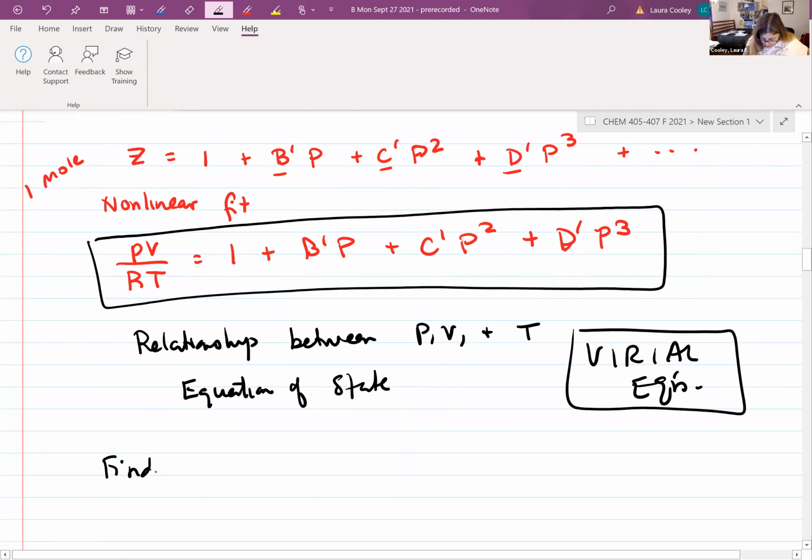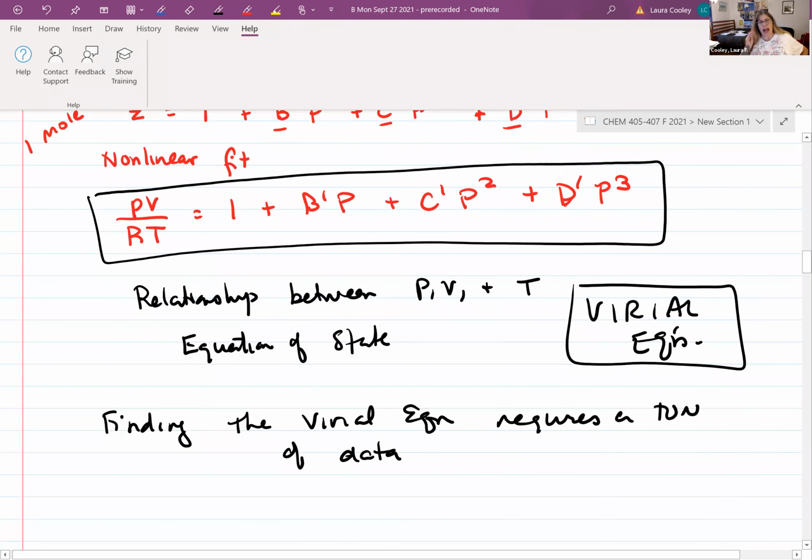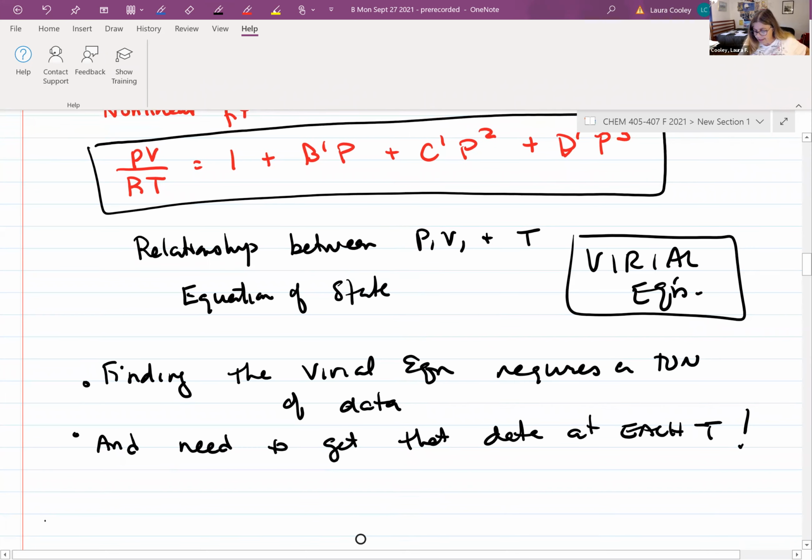So finding the Virial equation requires a ton of data. And you need to have that ton of data for every temperature. So you can't just say, I'm going to find the Virial equation for water. No, I'm going to find the Virial equation for water at 473, at 430, at 453, at 462, at all different temperatures. You have to get different data. So finding the Virial equation requires a ton of data, and you need to get that data at each temperature. So it's really a lot of work,